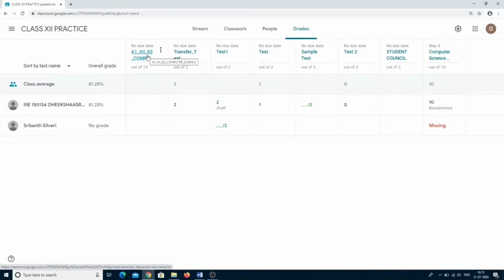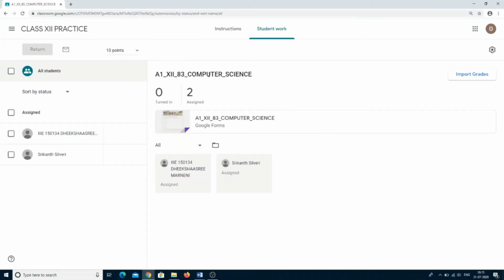So you can see here, when I click on grades, how many we have assigned this exam to: 2 students. How many of them are responding depends upon the turn in number. Once the turn in is completed, you can click on import grades. You can download the grades, and after that you can click on, or return, the final grades. So this is how HODs will post the question paper to all the respective sections.